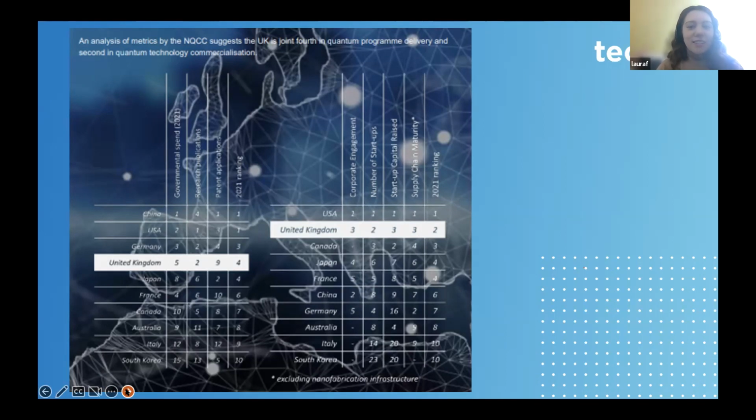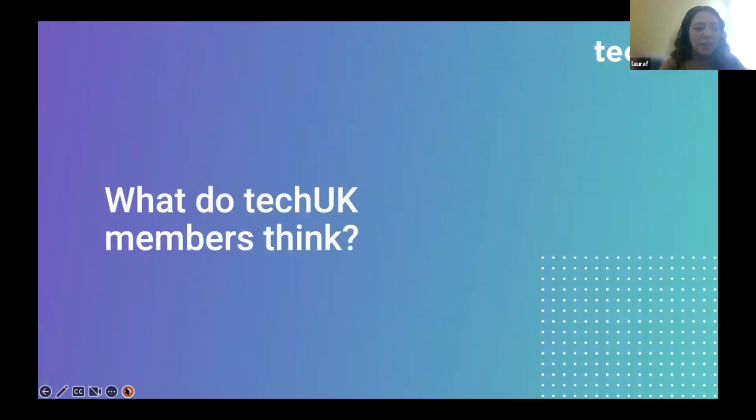Now, in the UK, there's a very common conversation with policymakers that the UK is really, really great at coming up with ideas, but we're just absolutely terrible at executing them. So we're not very good at the D part of R&D, essentially. So when we see figures like this, which has the UK at second for commercialization, this is the exact type of thing that the UK wants to highlight and really wants to showcase, and therefore wants to push forward. So you can really see that we're remaining competitive in quantum. It's just that bit there that you can see the commercialization aspect.